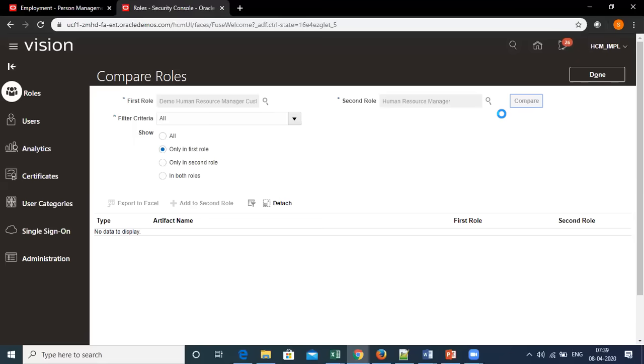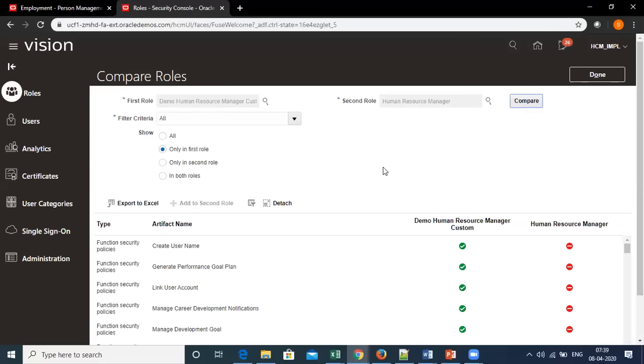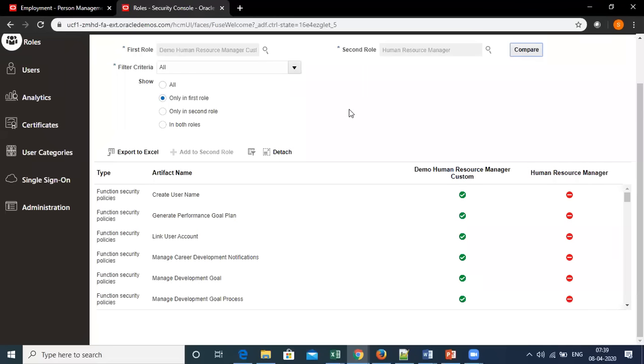compare. It will start comparing these two roles, and it will list down all the roles or privileges which are available in the first role but not available in the second role. As you can see, the minus sign says that it is not available, and the plus sign says that it is available.